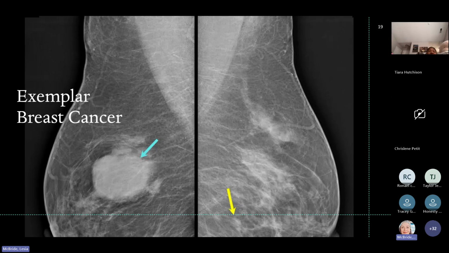Menstrual and pregnancy history. If you've never had children, if you're gravida 0, para 0, you have a higher incidence of breast cancer. Obesity, yes. If you're overweight, you have a higher incidence. Also, hormone replacement therapy. If you're on hormone replacement therapy and your cancer is driven by estrogen or progesterone and you're taking more of that, then the possibility is yes.